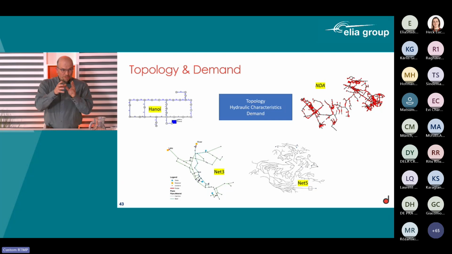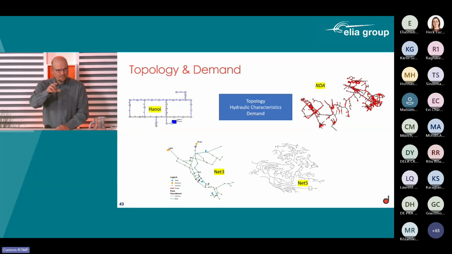So we started off with a very simple network. This is the Hanoi network, which is being investigated in lots of papers. So we actually really know very well how the system behaves. And we also know the optimal point, how many sensors you want to put and where you want to put them. So we know the outcome there. I could also calculate it exhaustively, what the outcome should have been. So there we have some comparison possible.